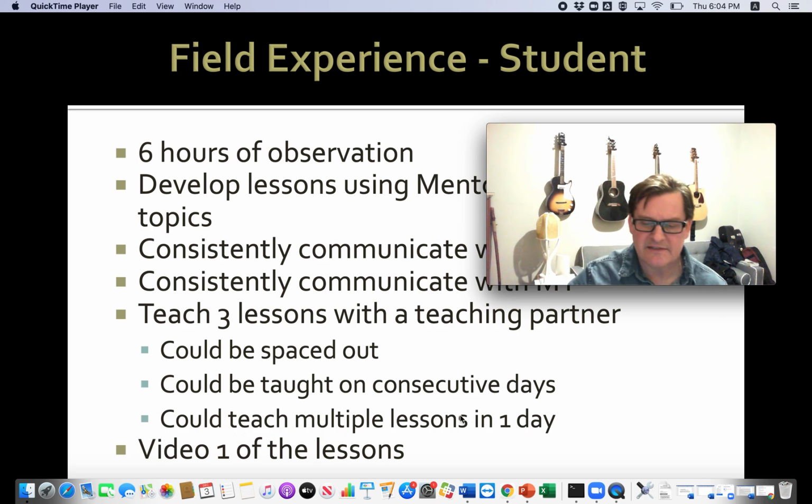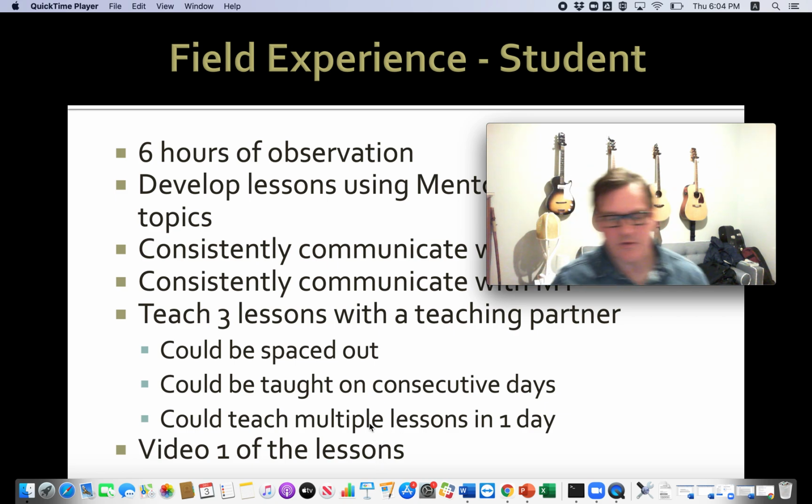If they do this, then they can actually fulfill the requirement over 2 days, where they really teach the lesson 4 times, but they only have to develop 2 lessons. So it's kind of an intermediary. If they space them out, then they have to develop and teach 3 separate lessons. So this is kind of a compromise we make if they want to do multiple lessons in one day.